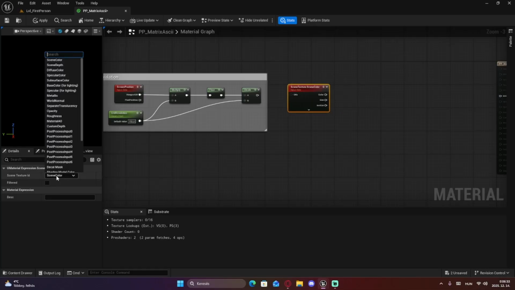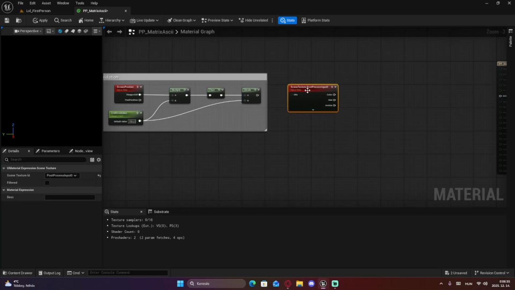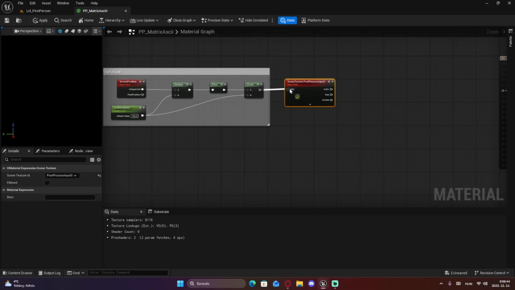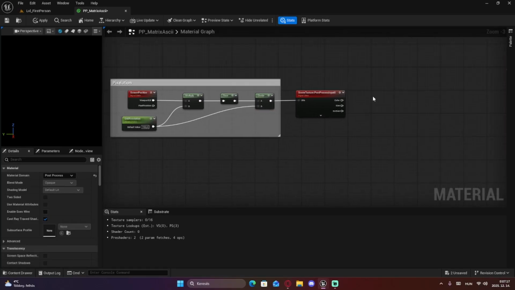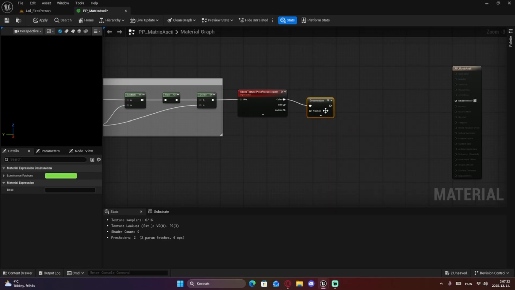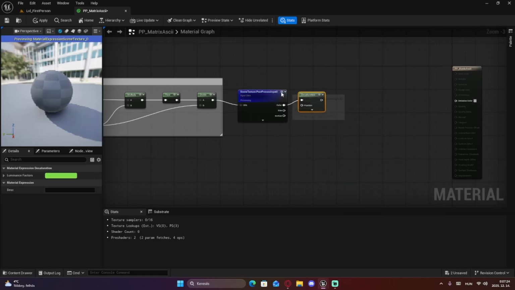And for the ID, you're going to set post-process input 0, which is the screen that the camera sees, or the post-process sees, and connect the division result to its UVs. And after this, you are going to desaturate this, because as you can see here,